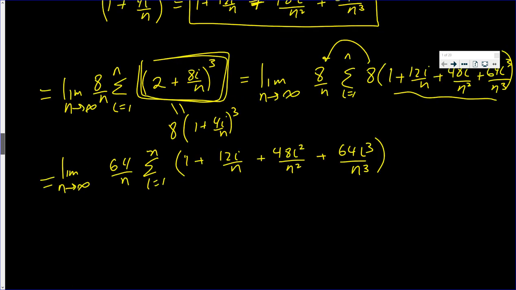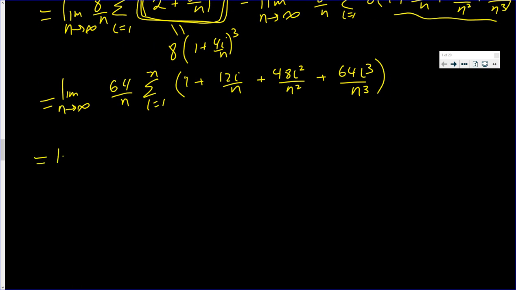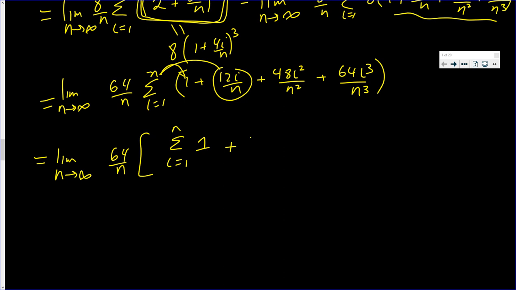Okay, so this is equal to the limit as n approaches infinity of 64 over n times the summation as i goes from 1 to n of just 1, plus the summation of that, and I can factor out the 12 over n, so it's just the summation of i, plus the summation of this piece,